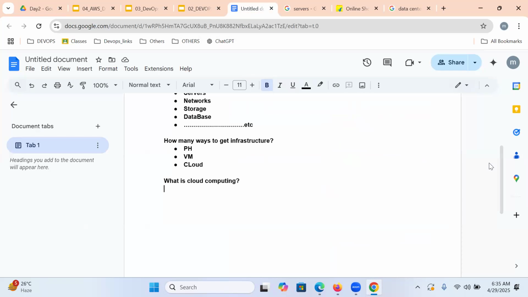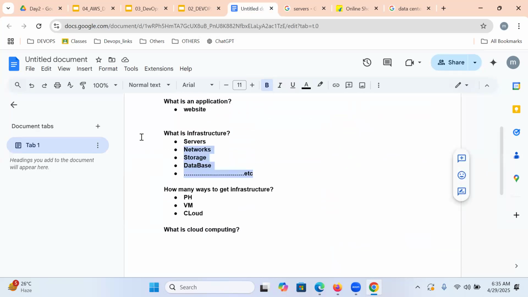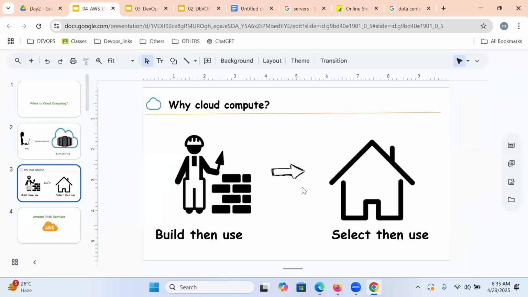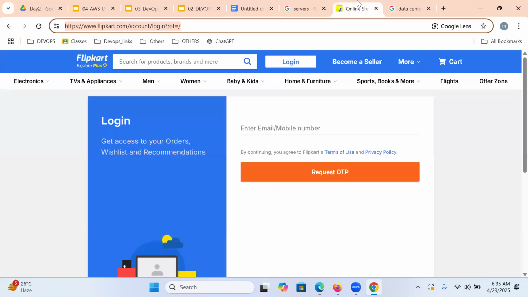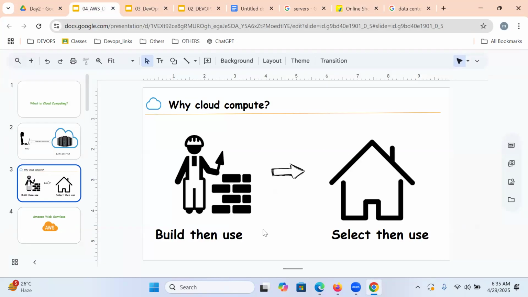For that, we require infrastructure. Whether you buy it or use a cloud environment on rental basis, definitely cloud, am I right? Why? Because cloud offers you rental-based services. Whatever infrastructure is required for maintaining our applications or websites, we can get it from cloud, and based on usage, we are going to pay.